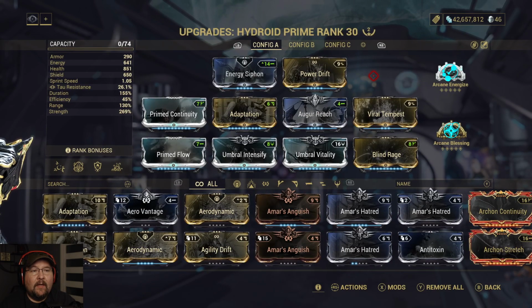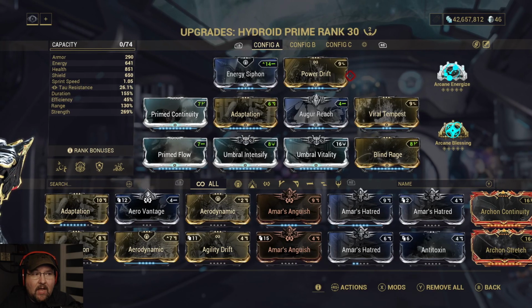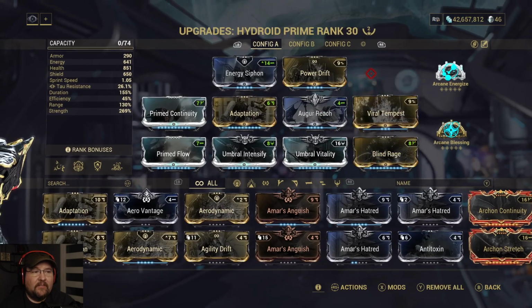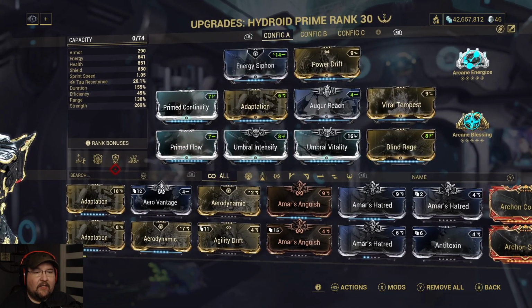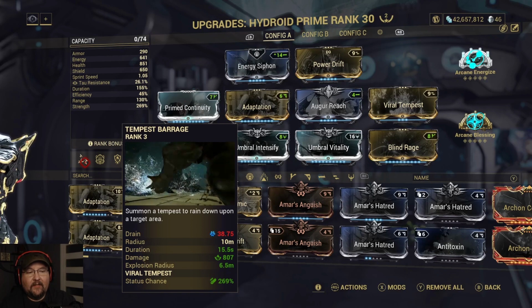Excuse me. And yeah. So this is kind of where I've settled. But Vile Tempest specifically, this is just a good time. I mean, 100% status, 100% chance of inflicting viral status, which is great, which couples with Nourish really well anyway. But we've got a 269%